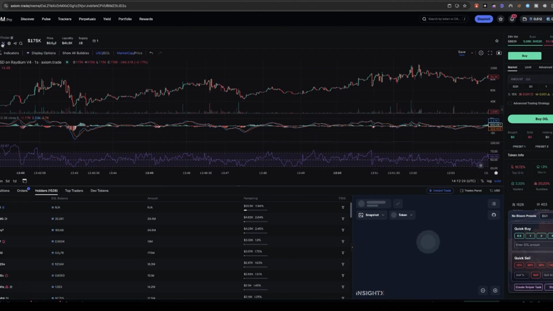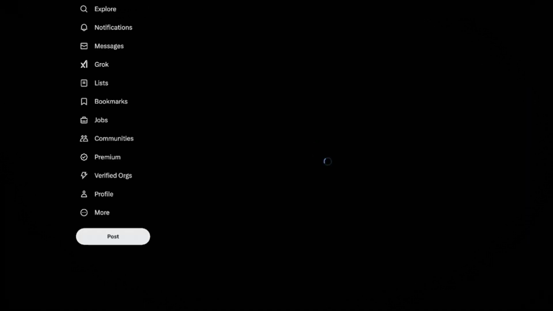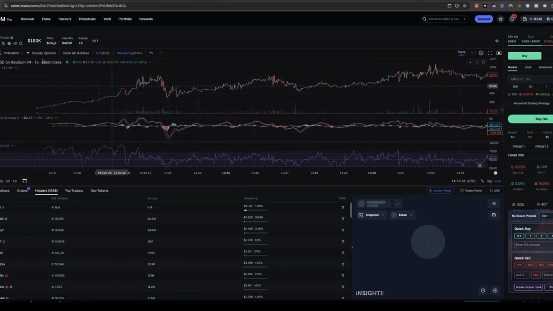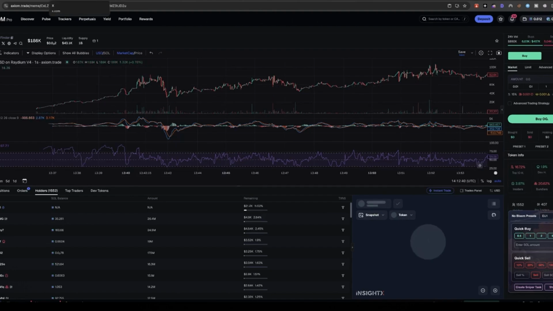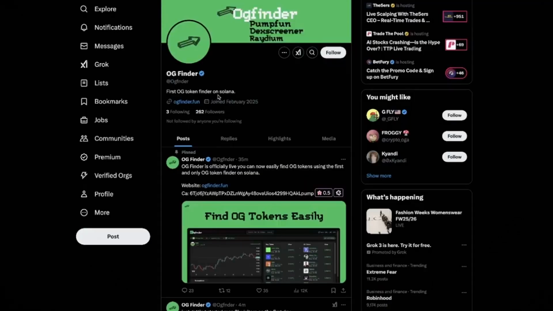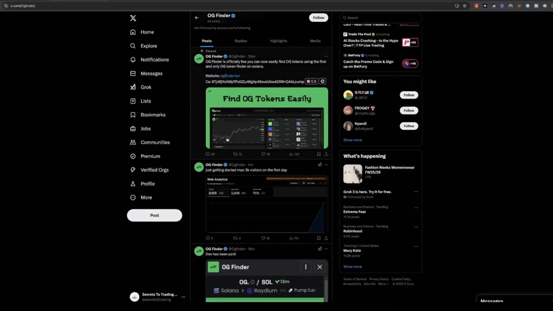I then go and check the Twitter just to see what the token is about. It doesn't have loads of followers or anything else like that. Really, I'm not too bothered about it. And because of the way the market is at the moment, obviously this token has gone to $200,000. So to be fair, I should have held the token. But the way the market is at the moment, I'm really not holding that many tokens.